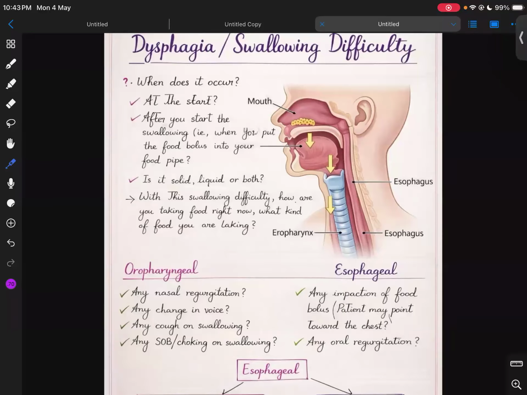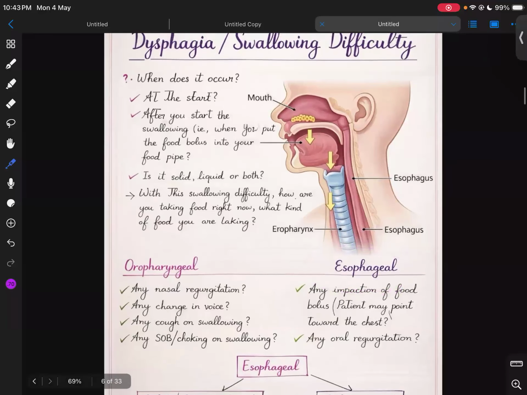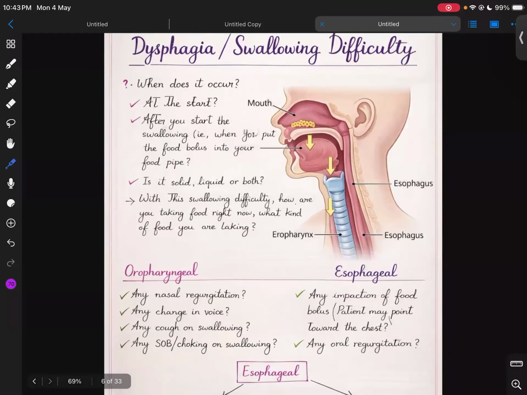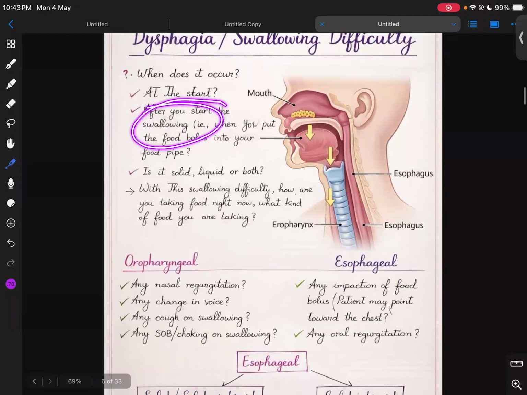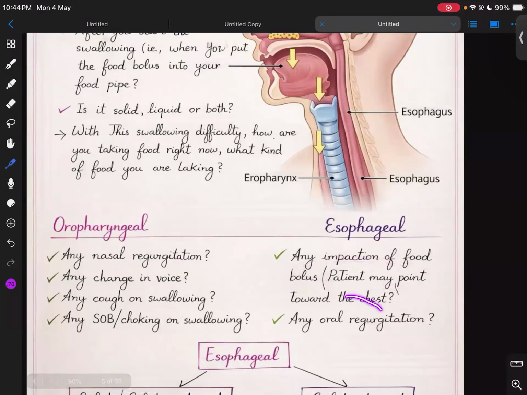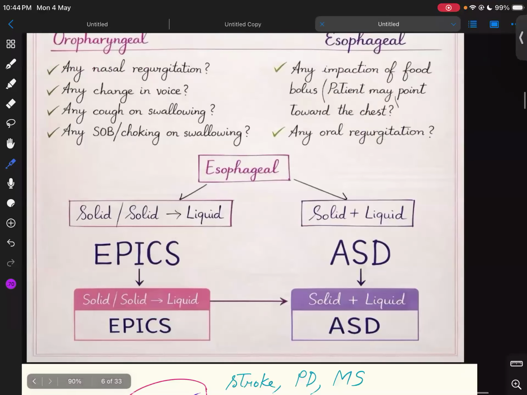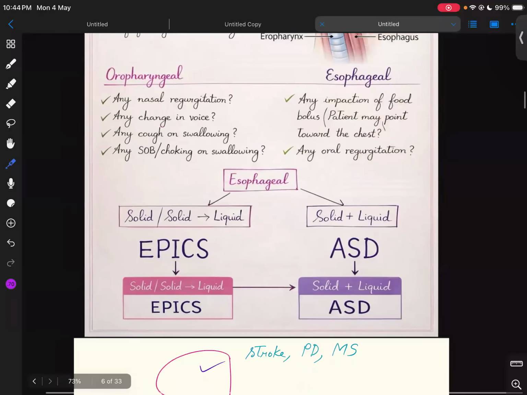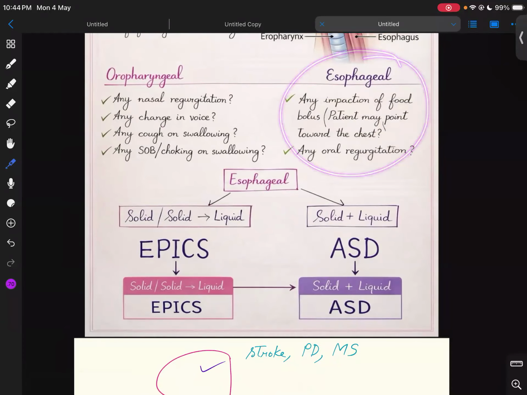Okay. So, right after that, we'll jump into the differential diagnosis. Let's start with the esophageal first. Suppose the patient has told you that it starts after the start of swallowing and he feels something is stuck behind his or her chest, and he feels sometimes some food particles come to the back of the mouth. The next thing is we have to differentiate whether this is mechanical obstruction or due to some motility